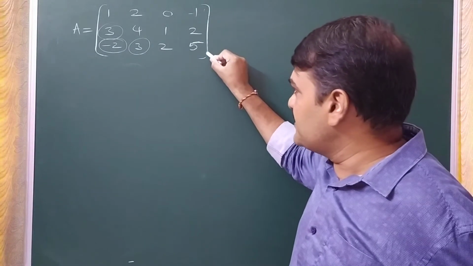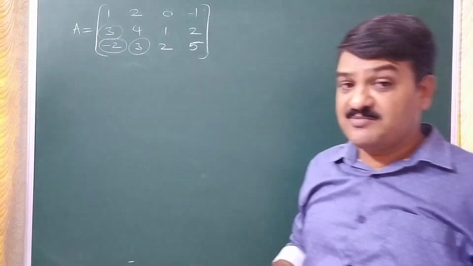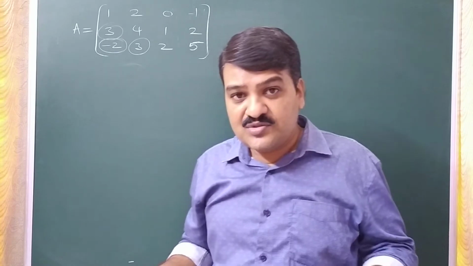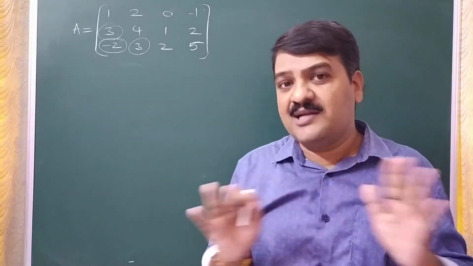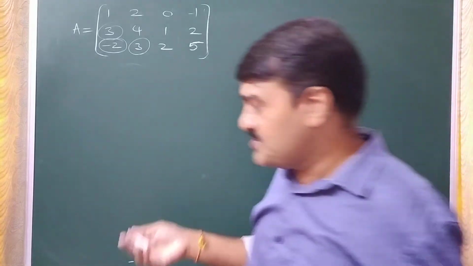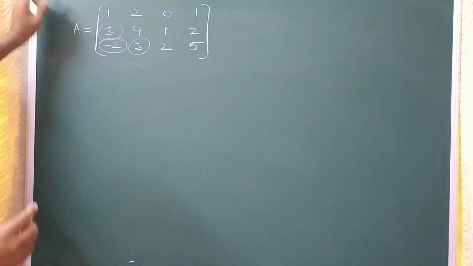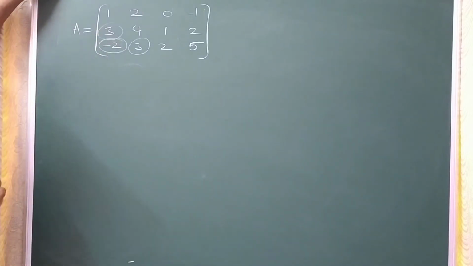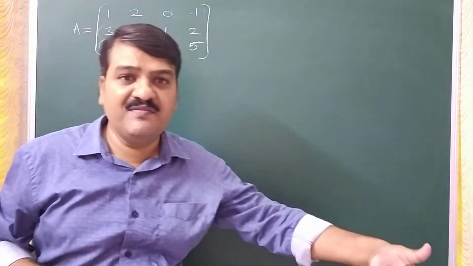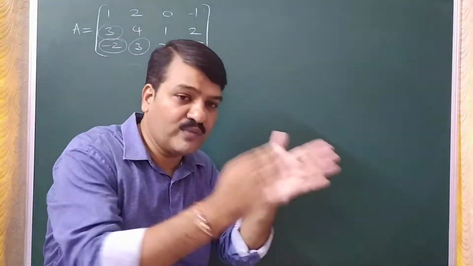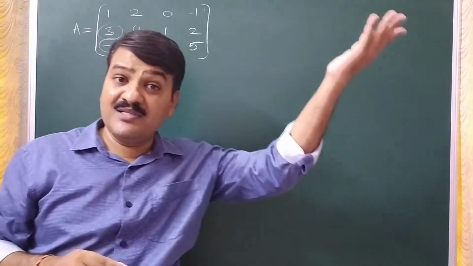Elementary transformations means the matrix will change but the rank will not change. We are finding rank only. So even if the matrix changes, we are not bothered. The rank must be the same, even if the matrix is going to change. Okay. So how to get zeros in these 2 places first? What is the last property we wrote in elementary transformations? We can multiply a row with a constant and add to some other row.